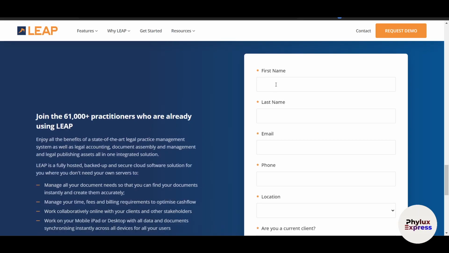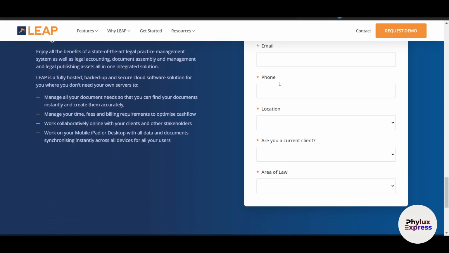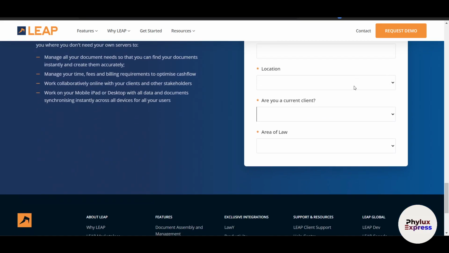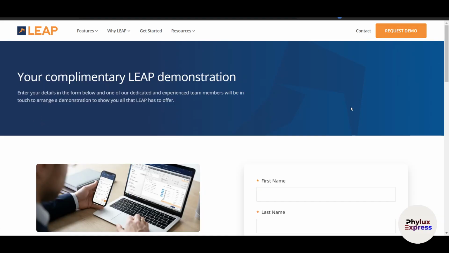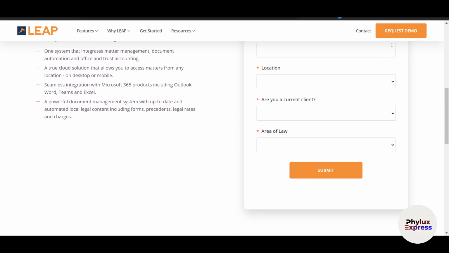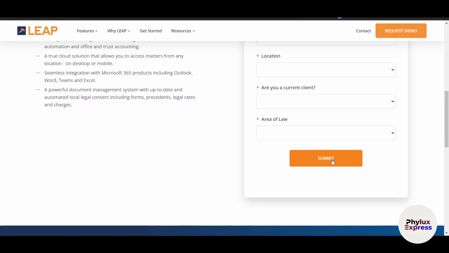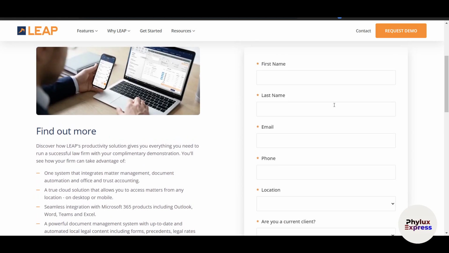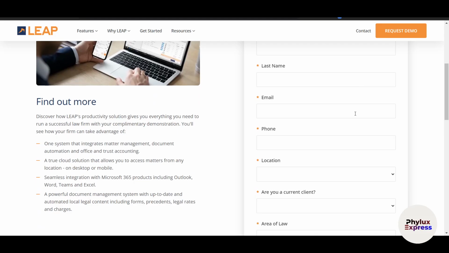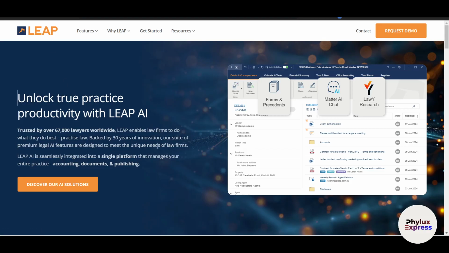So here you have to fill up this form where you have to enter your first name, last name, email, platform, location, and whether you are a current client or not. Then the area of law, and then you have to send it, right? Now on the top right corner you will see a Request Demo where you will find the same thing. Now just go and click on submit. Once you enter, make sure you enter your correct email address and phone number so they can get in contact with you. Now to get started with Leap, you have to visit leap.com here, and the best